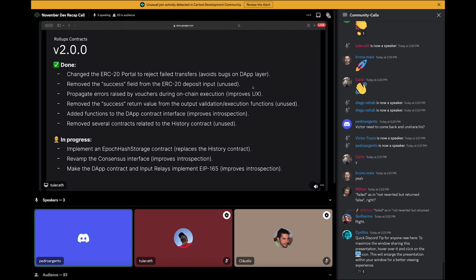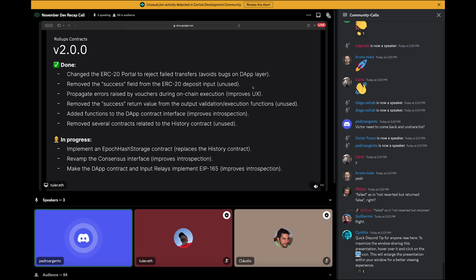And we also removed several contracts related to the history contract, because we decided to keep the dApp storage, the dApp history, inside the authority. So it's one less deploy contract that we need to care about.